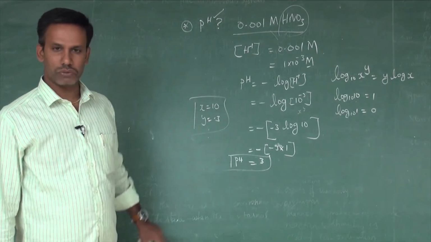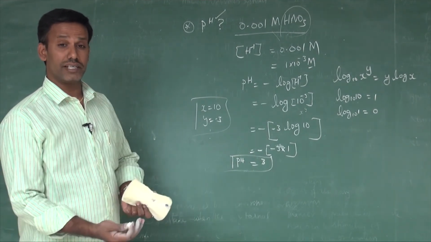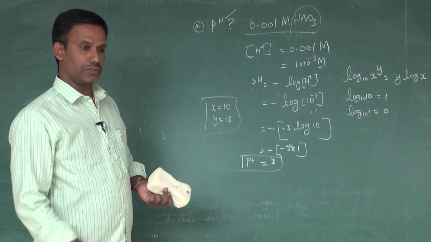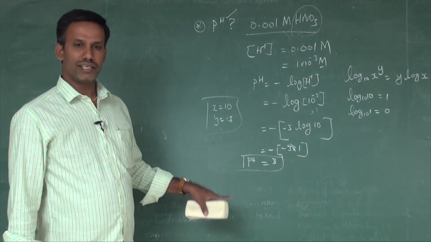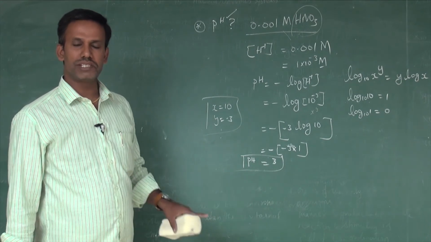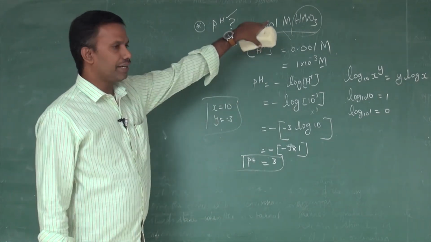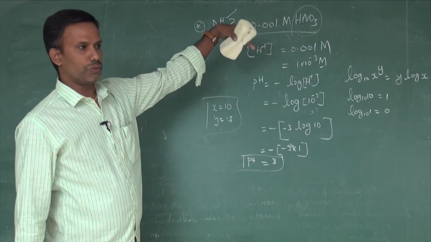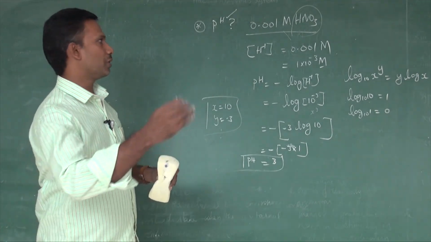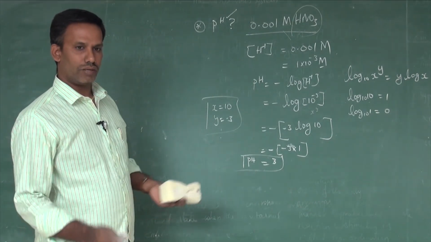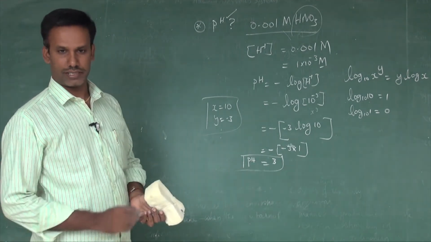What is the nature of the solution? Quite normal, this question will be asked after giving the result. Here pH equals 3, pH less than 7, so it must be an acid. The solution is acidic. If they are giving the name, no problem. If there is no name at all, simply a substance having 0.001 molar concentration, and they ask what is the pH, you have to say the nature of the solution is acidic.